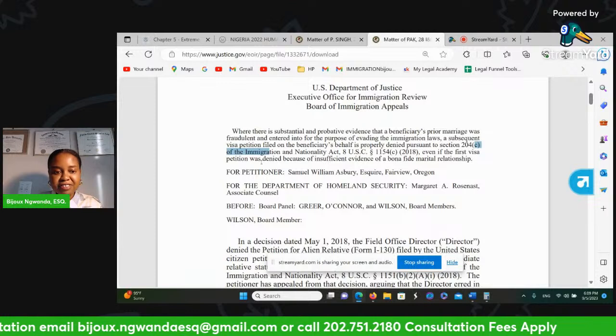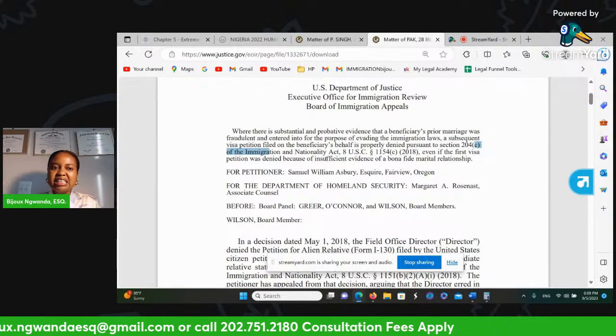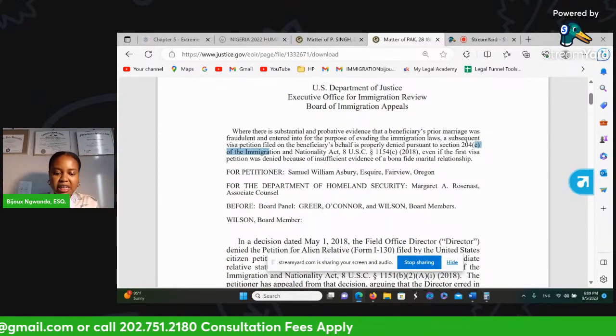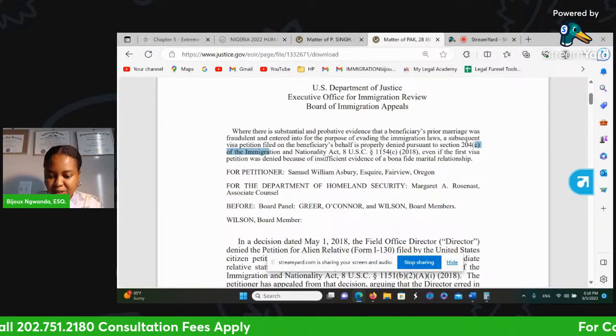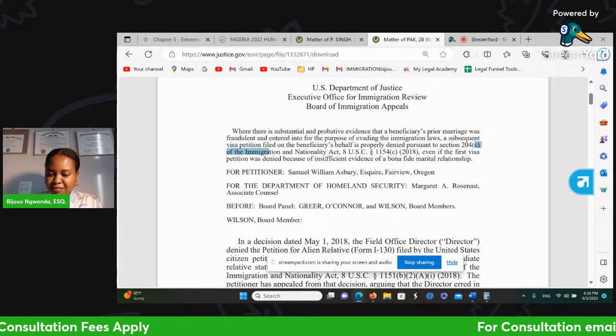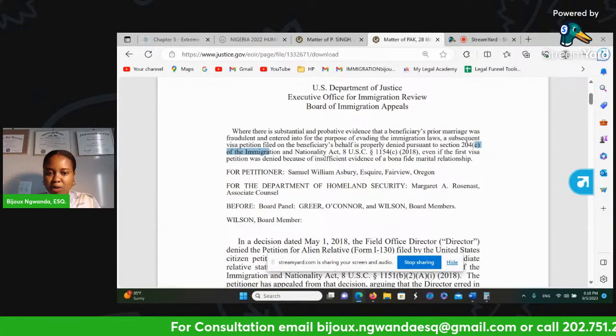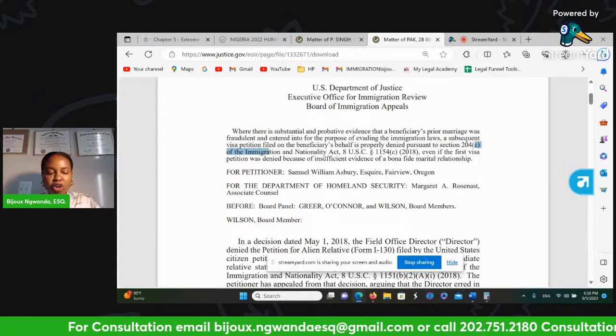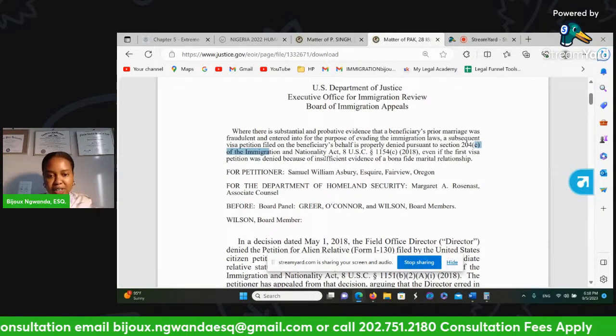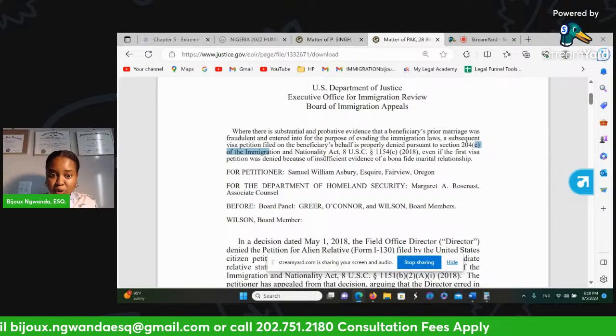Even if the first visa petition was denied. So basically, they're going to go back and look at when you filed the first marriage, it didn't work out, right? You go and file the second marriage. You go and file the third marriage, green card based on marriage. My friend, just know that based on this case here, they can go all the way back from the first marriage to make sure if there was something